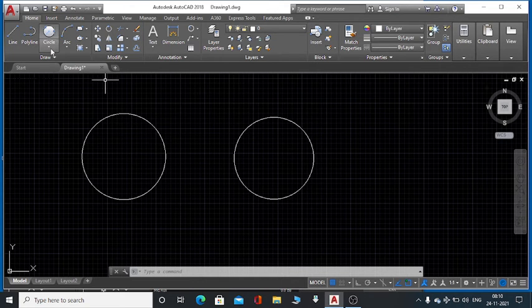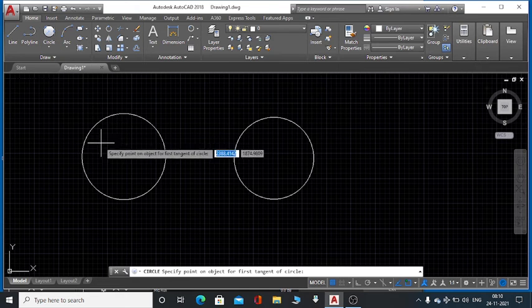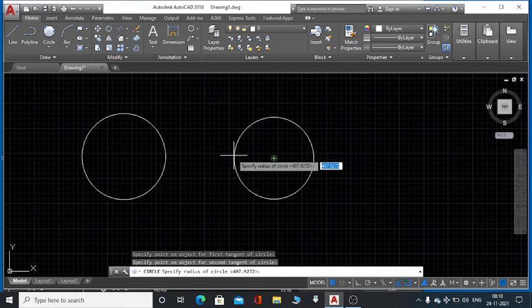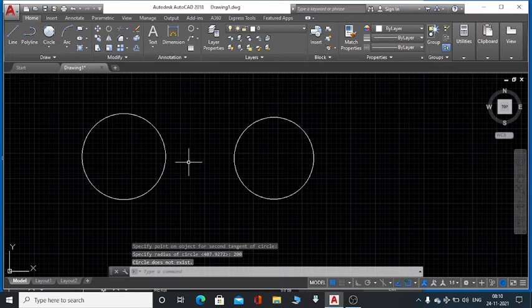For that, click tan-tan-radius again, select this tangent also. Now specify radius 200, enter.